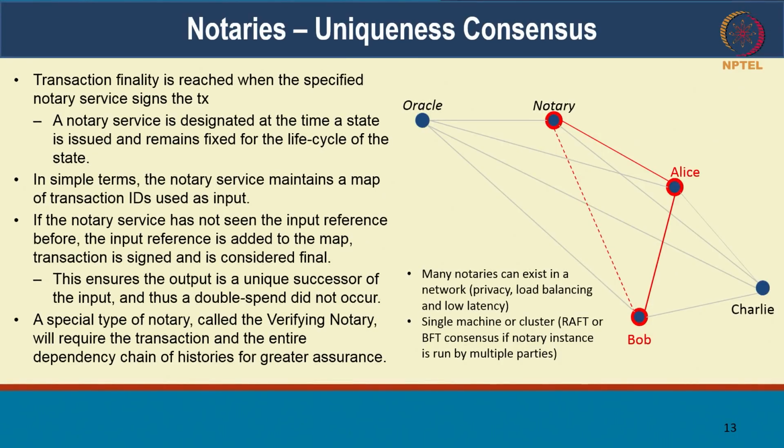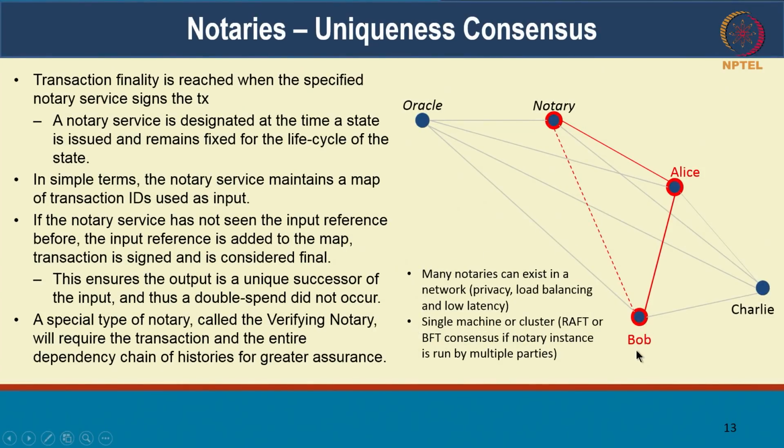However, the notary in Corda actually needs to look into the input states and the output states of the transaction itself. So it has to be privy to the transaction details, and only then can it verify whether this transaction is unique. So in addition to just ordering and avoiding duplication, avoiding double spend, notaries also have to look at the data in order to be able to say that double spend has not happened.